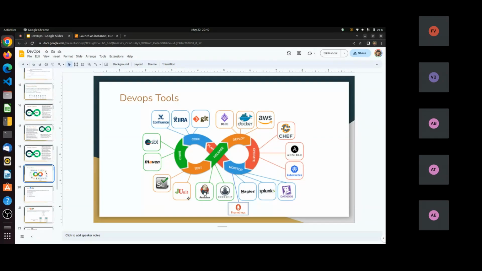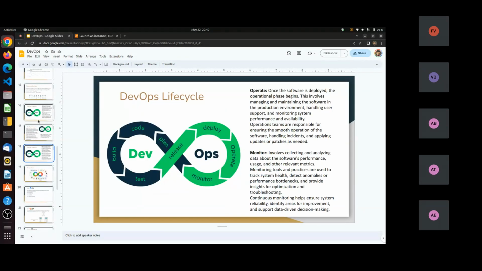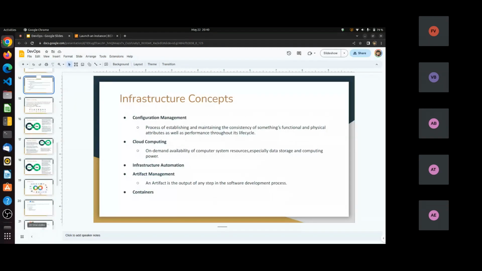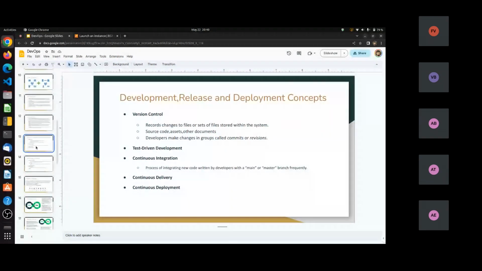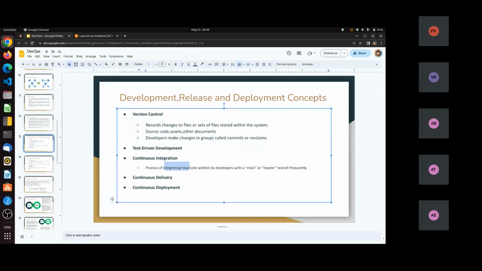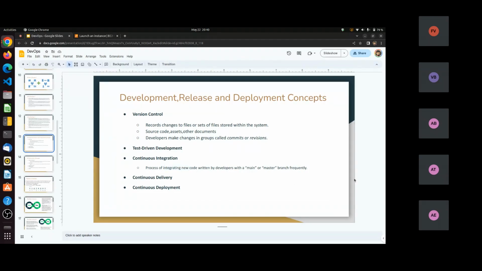So Jenkins is used to integrate all these tools. That is continuous integration. In DevOps, the integration is done continuously: the process of frequently integrating new code written by developers with the main or master branch.